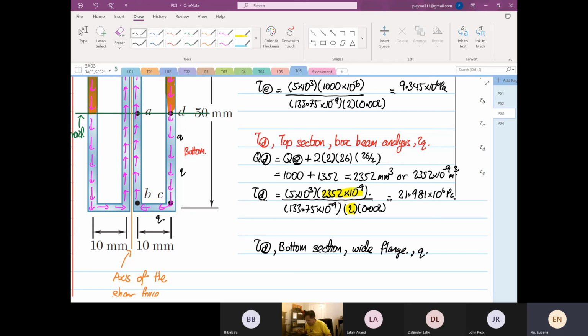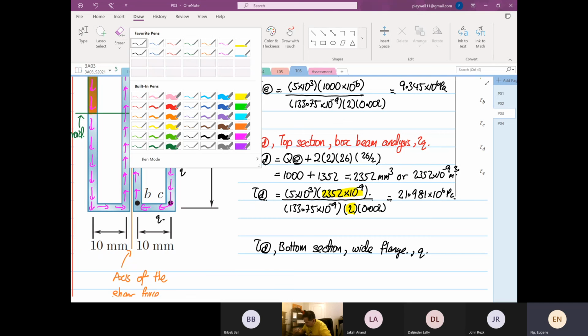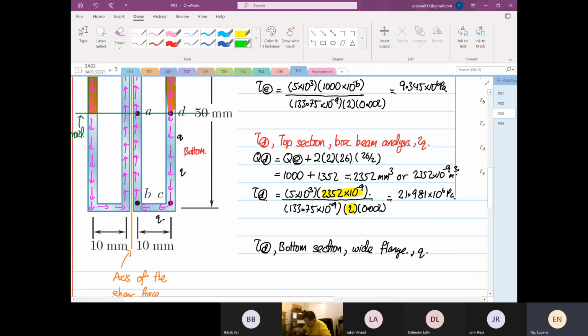So how do you find the first moment of area now? Okay, now the question is this: are we going to take this entire area? Right? So the thing is,